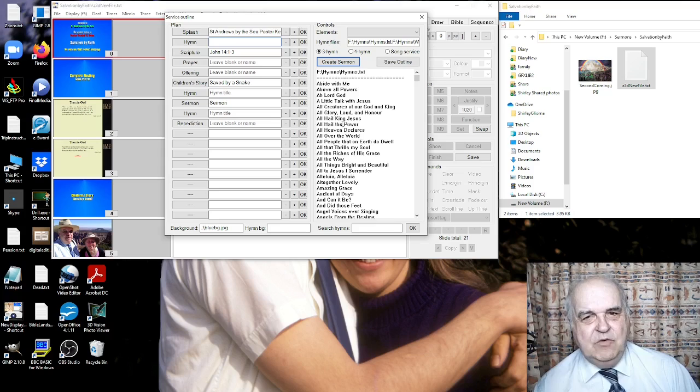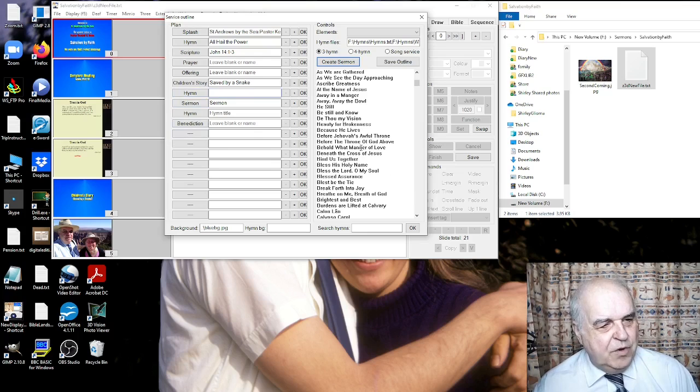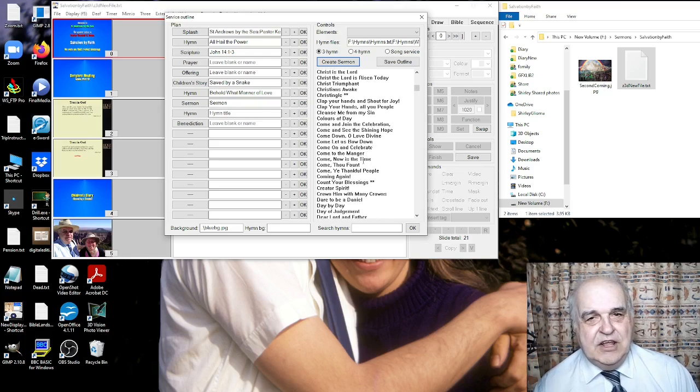Now a good hymn to begin with is a hymn of praise, so we'll have All Hail the Power. You hold down Control, click on the name of the hymn, and it appears up here. Now our subject is salvation by faith. So what can we have? How about for our second hymn, the one just before the service, we have Behold What Manner of Love. Okay, that's a good modern one. And then to close with, we can scroll down. Obviously, if I was doing this for a real service, I'd take much more care over the hymns that I choose. We'll click on the 3rd hymn, and we'll have, what should we have? Crown Him with Many Crowns. There we go. Then you click on Create Sermon,